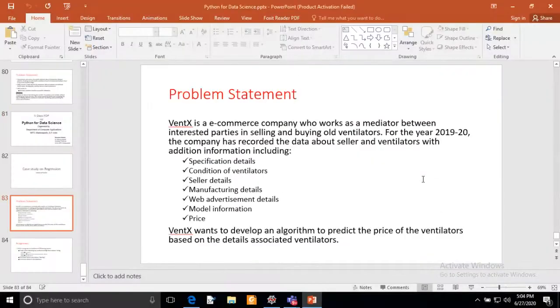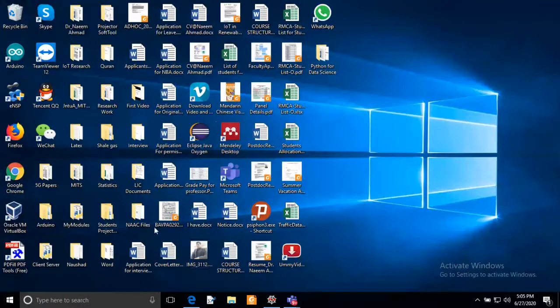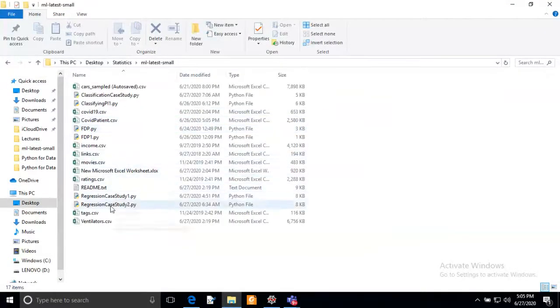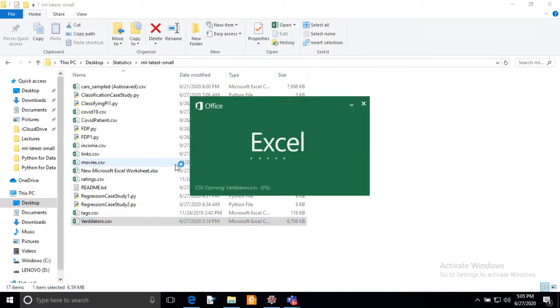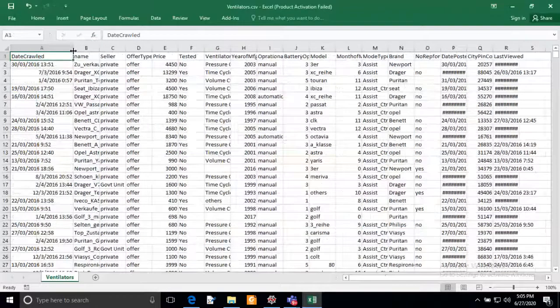Now I want to show the data of the ventilators. The data set contains all this information. If you look, there is the date crawled, meaning this data has been crawled, and this column has that information.